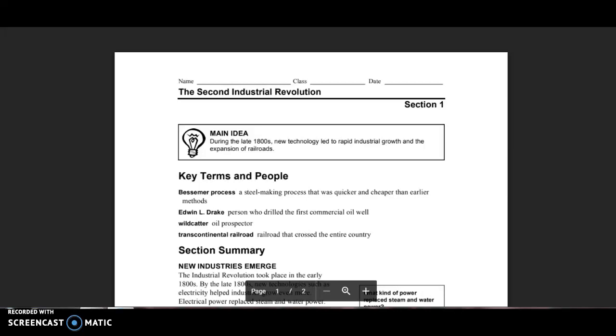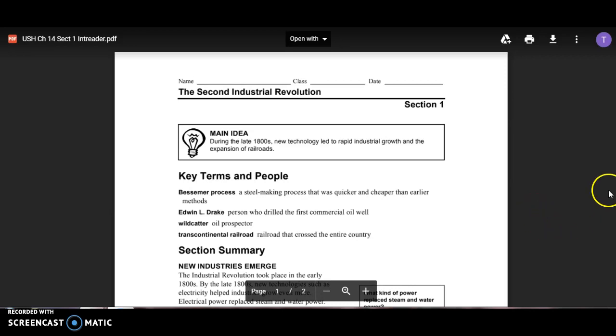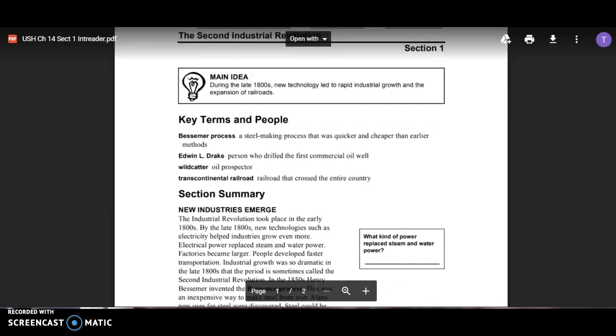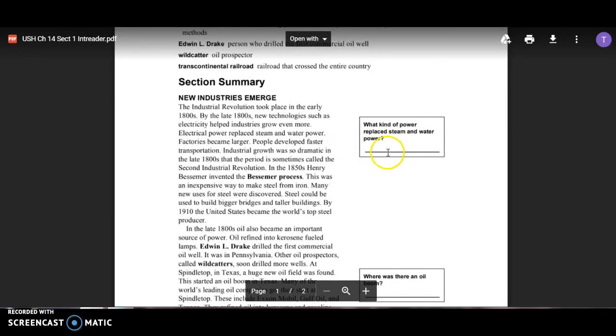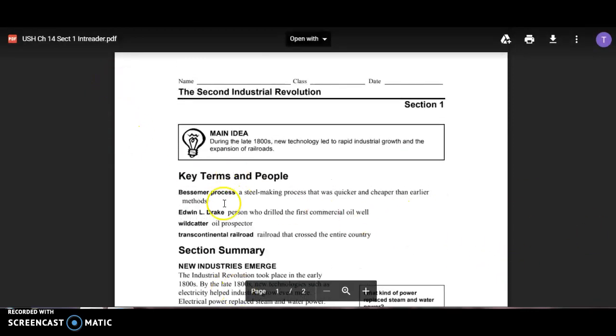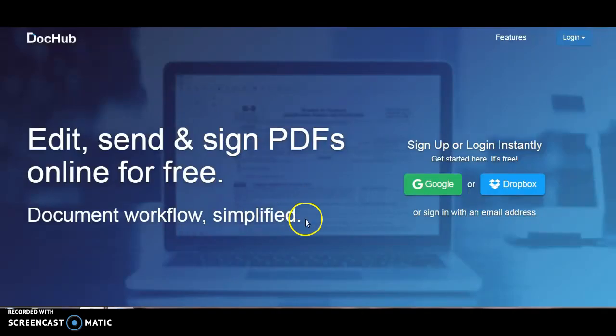This video is going to show you how to use Dochub.com in order to type directly on PDF documents. So this is an example here of a document where you're not able to type right on it. It is a PDF. So what you're going to do is go to Dochub.com, and this is what that website